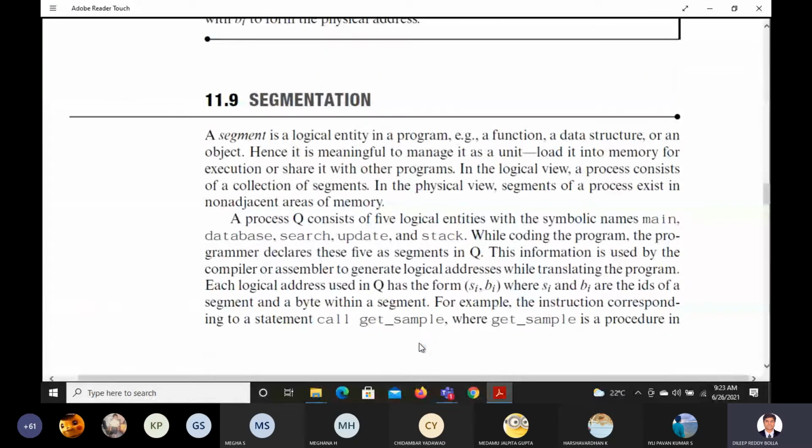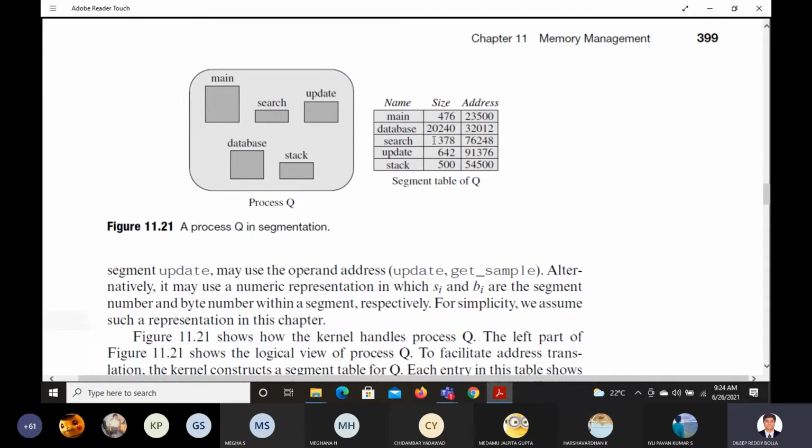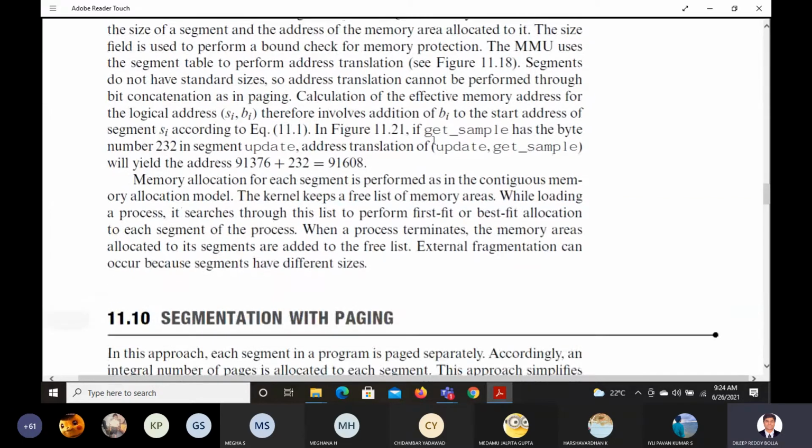Next, moving on to segmentation. Segmentation, they can do like this. They have main memory, database memory, search memory, like that. We can partition as segments. Based on the segment, however much size is required, that much address will be given for the allocation. Segmentation is like blocks. Like in some engineering colleges, they'll have separate blocks, EC block, CSC block, ISC block, which means separate buildings, their own way of doing it. And someone will do a centralized approach, that's like paging, and someone who will do separate blocks, that's segmentation. And someone will do segmentation and central blocks also, like that.